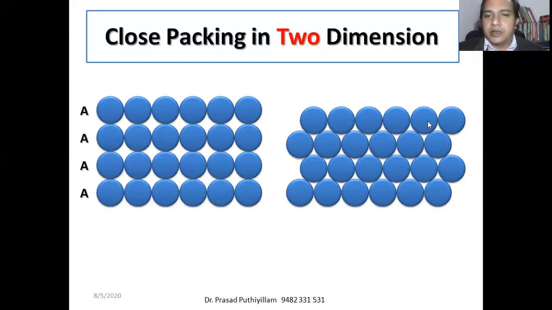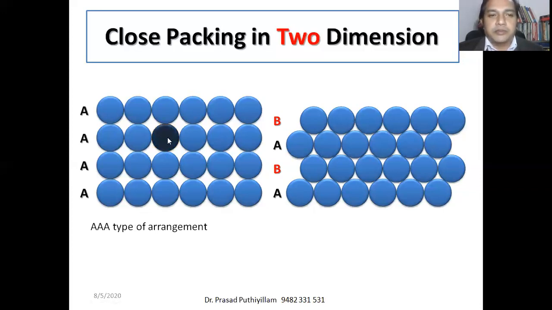In the right side images, if you check, we can see that the first one is A type arrangement, the third one is also A type arrangement, whereas the second and fourth in the right side image are a different one. We call it B type arrangement. Therefore we can say here it is AB type arrangement. Here it is AAA type arrangement. So AAA type arrangement is given on the left side.